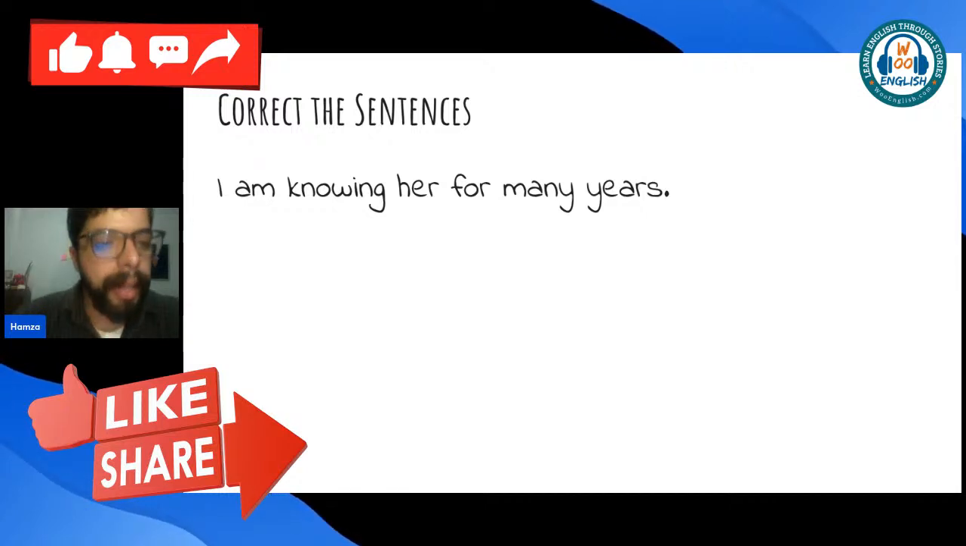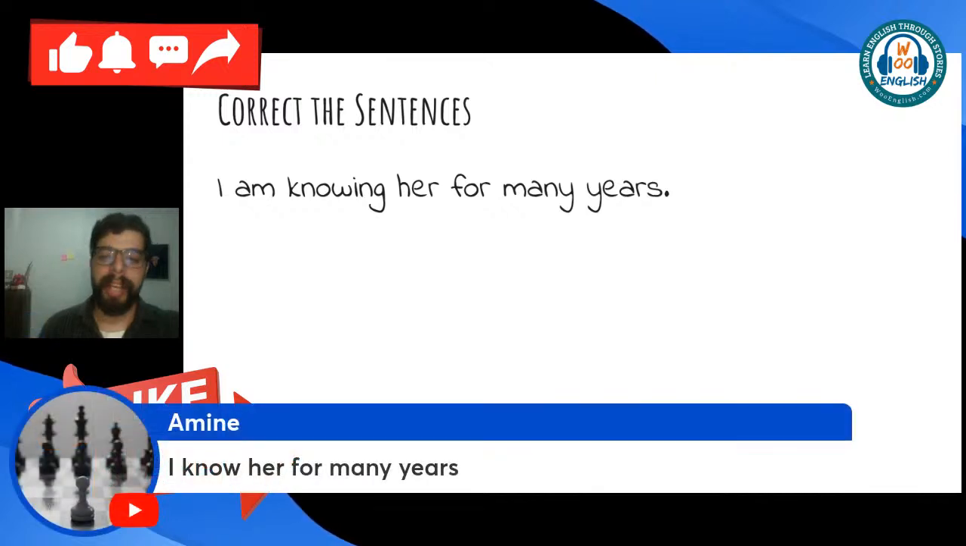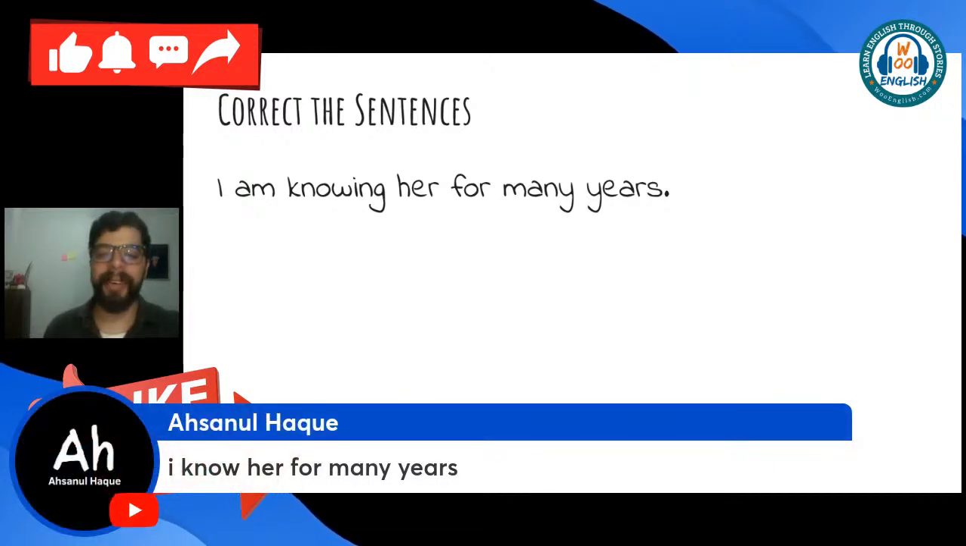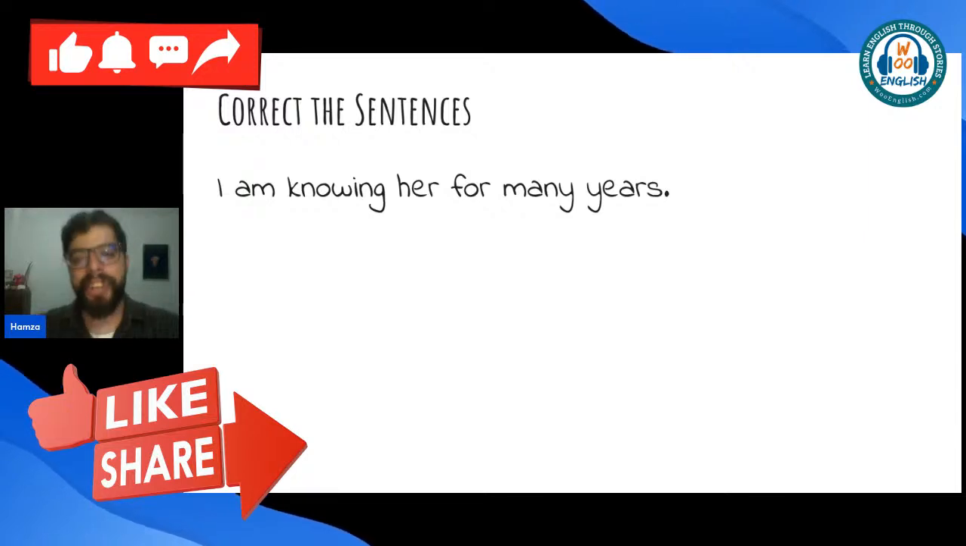By the way, for tenses, it's very important to pay attention to the time expressions, because the time expressions are very, very important. I have 2 victims so far, Amin and Ahsanul, 2 victims. They fell for this little mistake. I know her for many years. Nope, it's not correct. I know her for many years. Nope, it's not correct. Pay attention to